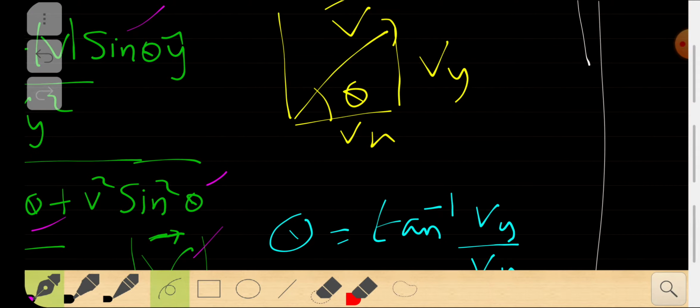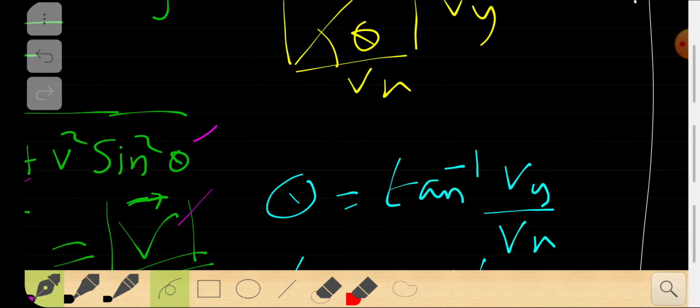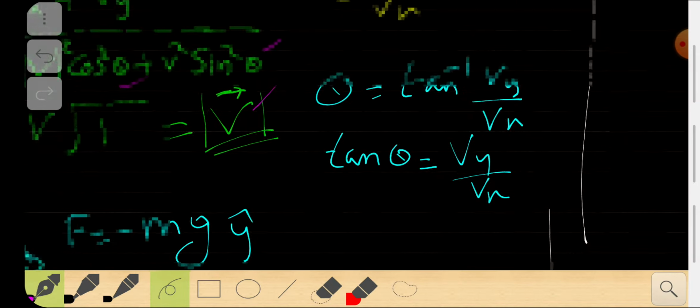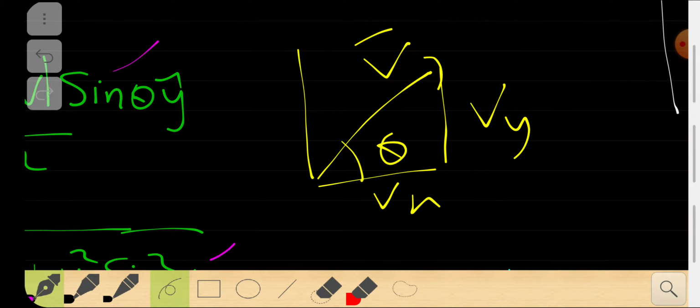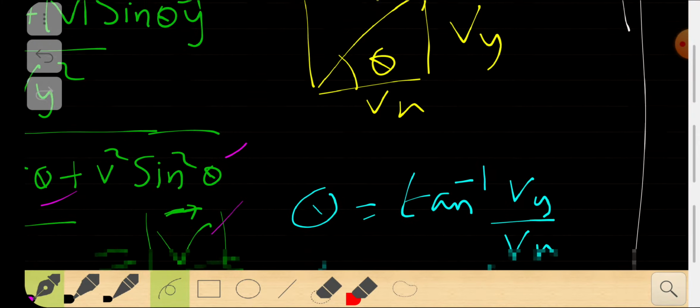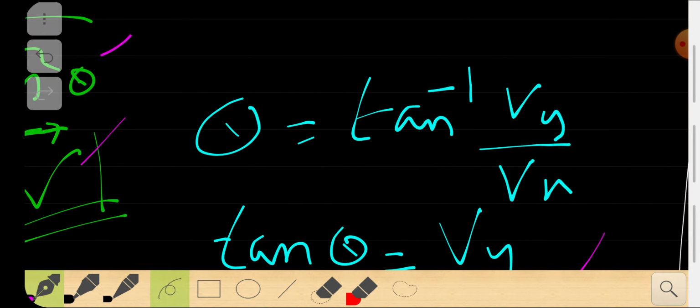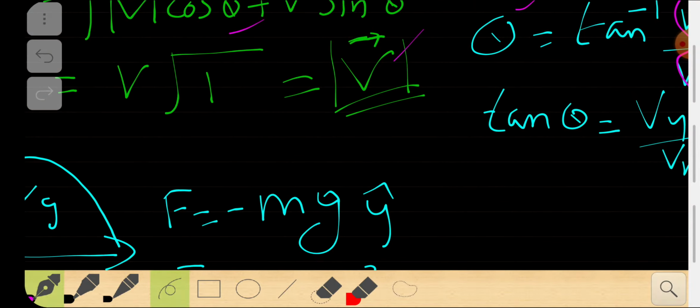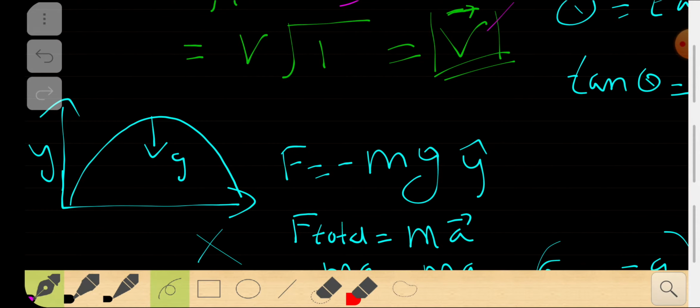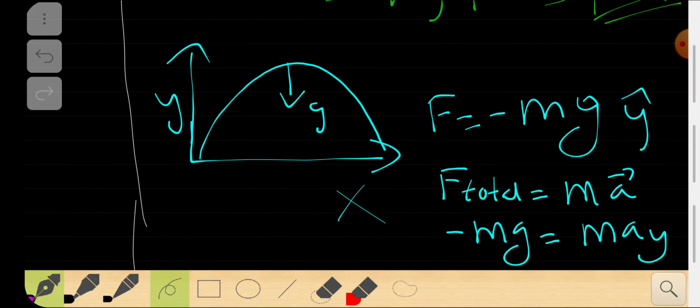If that's the case, then we can also define theta. If you look at that plot, you can see that tan theta will be opposite by adjacent. So that will be Vy by Vx. So tan theta is Vy by Vx, which means theta will be tan inverse of Vy by Vx. So if you find out Vy or Vx, you can straightforward find tan theta. That's a trigonometrical property that you can always use to find out the angle of throwing. That's added information.